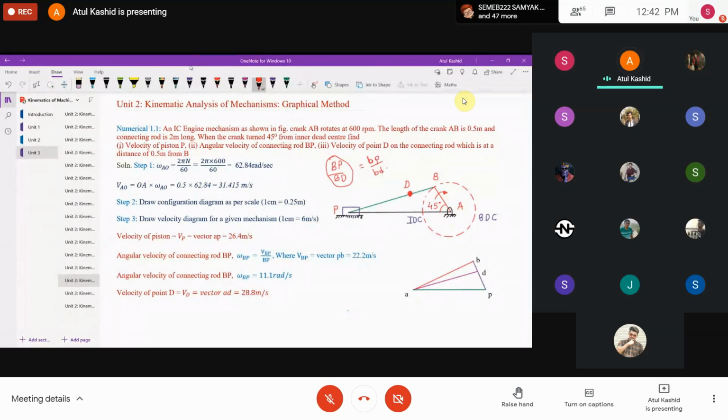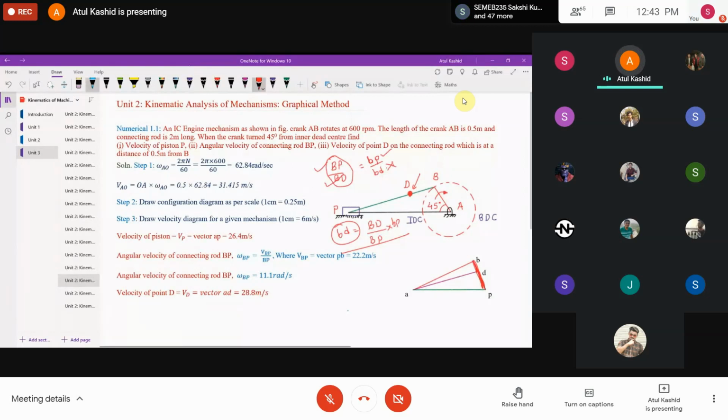So while writing this equation, make sure that only one unknown is there, right? Because we can see the point D in the configuration diagram, and that point D we have to plot on the velocity diagram, right? So if we write this equation, what will be unknown? BP is known, it is from the velocity diagram. We can see bp over here. So this is known, right? Only unknown is bd, right? So we will write bd upon BP into bp. So from this equation you have to find this bd.